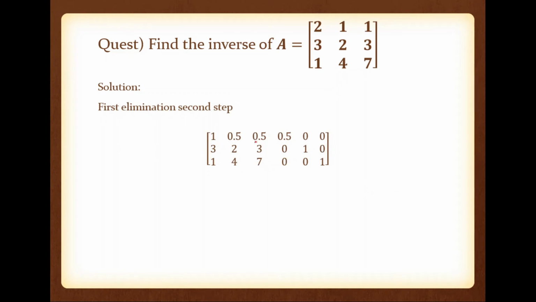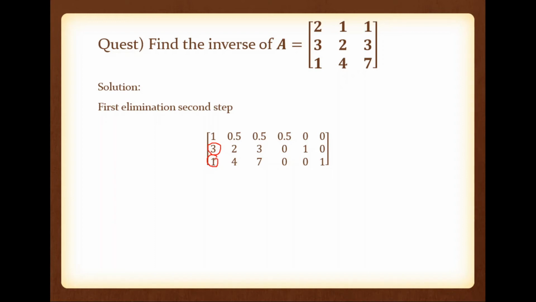Okay. So now we need the second step of the first elimination. So what is the second step? In the second step, we are going to remove the elements of x1 except from the first row. So except from this row, we are going to remove x1. So we are going to remove this 3 and this 1. So in order to remove 3 from the second row, the row operation required is R2 is equal to R2 minus the element that we want to remove, that is 3 into R1, because row 1 is the pivot equation. So R2 is equal to R2 minus 3 into R1.